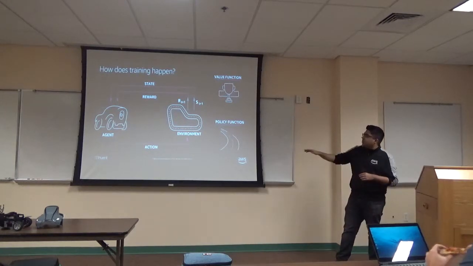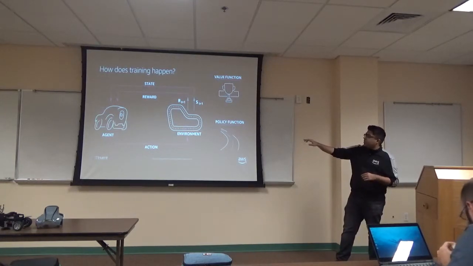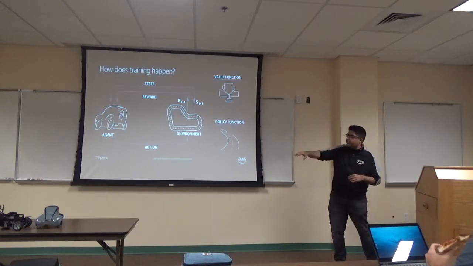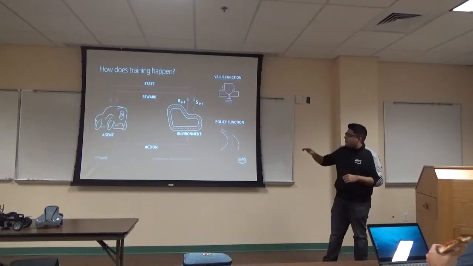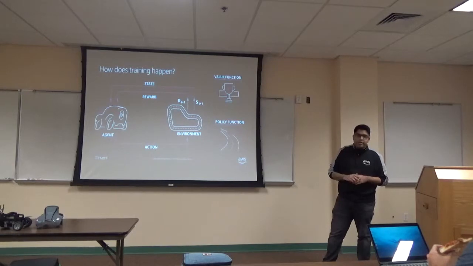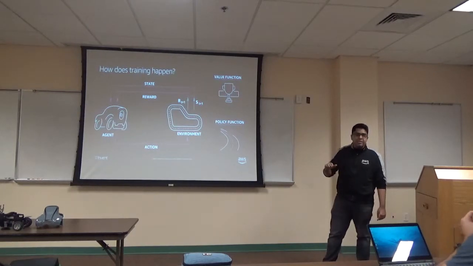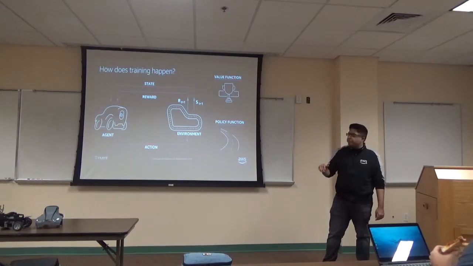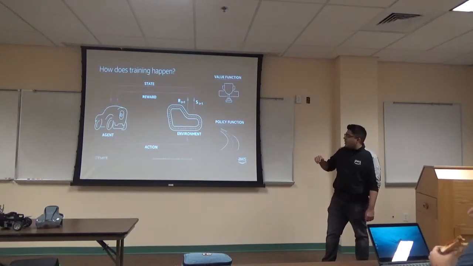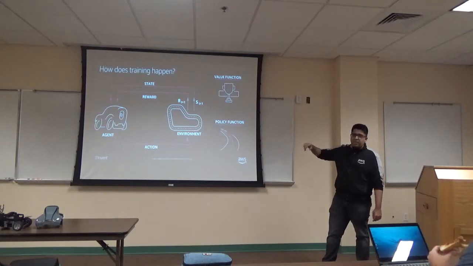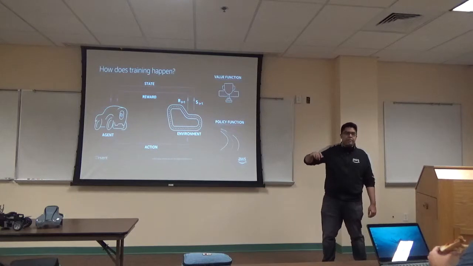So with reinforcement learning in the DeepRacer, you have the agent, which is the simulated version of the car. It takes actions. And in the beginning, when you're training a new model for the DeepRacer, it doesn't know anything yet. It's a total newbie. It was just born. So it's basically taking random actions and just exploring the environment. It's going backwards, forwards, fast, slow. And then every time it makes an action, it checks its state. What have I just done? And then what's the reward for my current state?